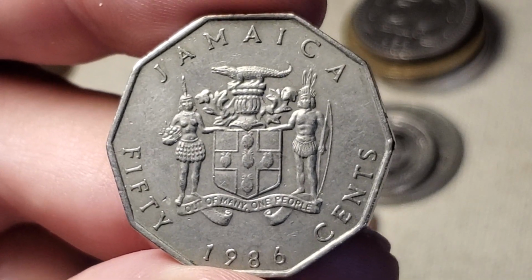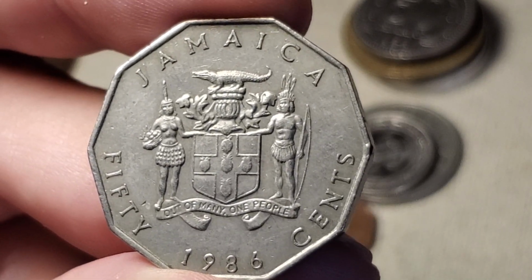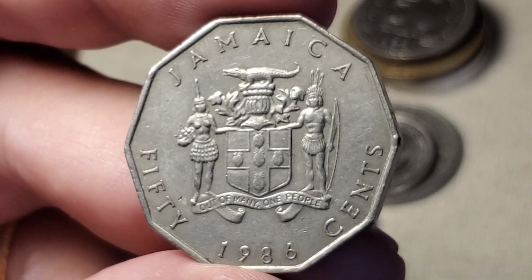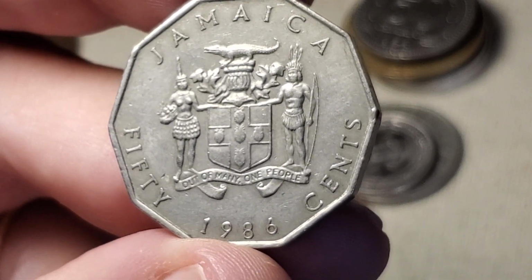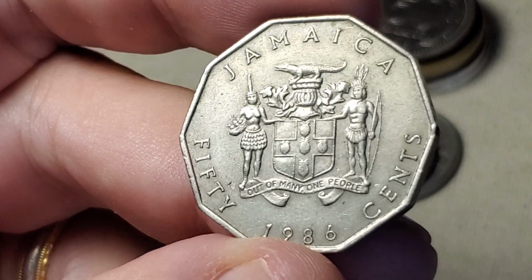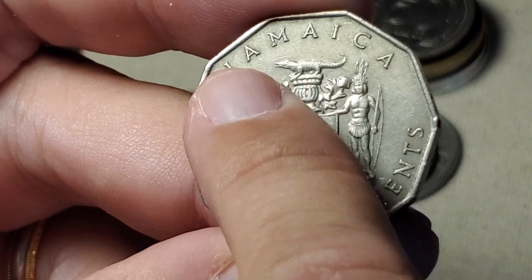Here is a Jamaican coin that reminds me of the 50 pence coins from Britain that are also the same shape and size, although they may be 7-sided, and this one is 12-sided. This is a 50-cent coin from 1975, KM65. There is a Franklin Mint version of this coin, which is slightly different. Harder to find, but on the Franklin Mint version, the word Jamaica has the letters closer together, and all the letters